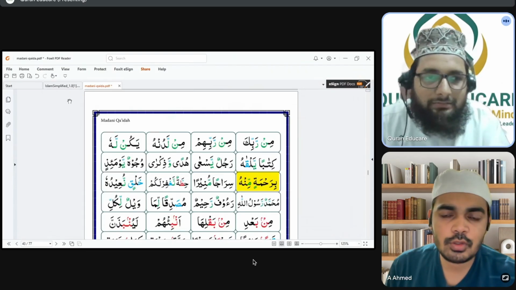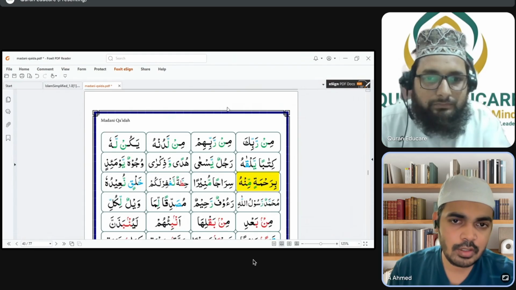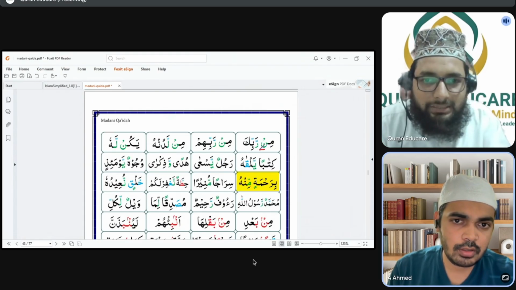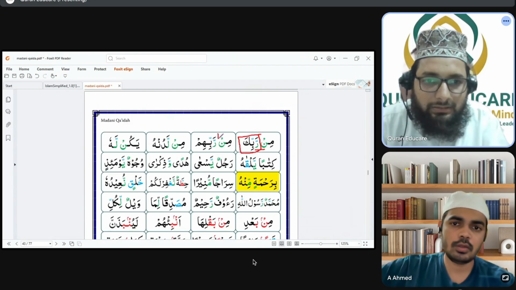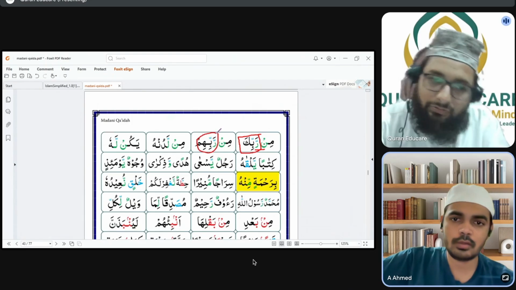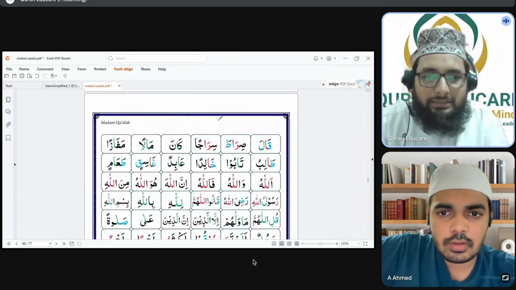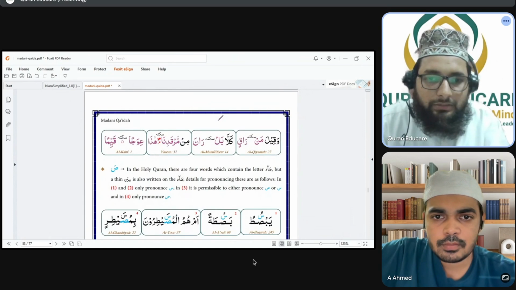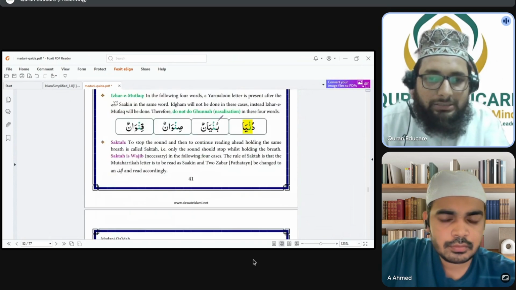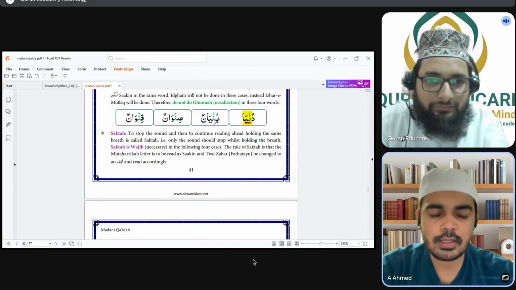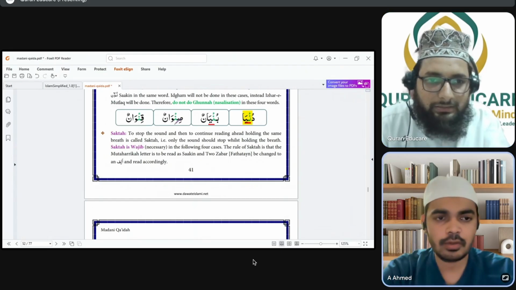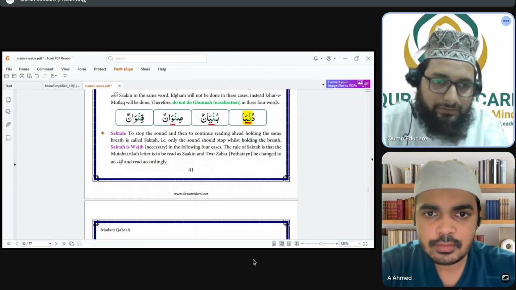Here you can see, if we read from Meem, Noon, after Nun Sakin there is a Ra from the Yarmalun letters. But the condition is that it is in a separate word for Idgham, not the same word. You can see in the Izhar Mutlaq rule, after the Nun Sakin, the Yarmalun letter is coming in the same word, in a single word.